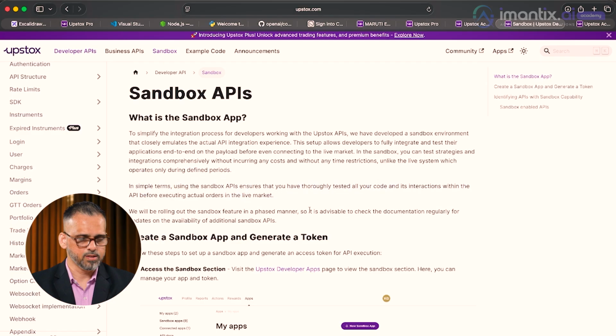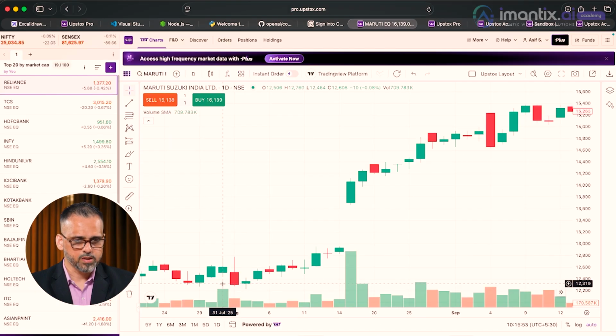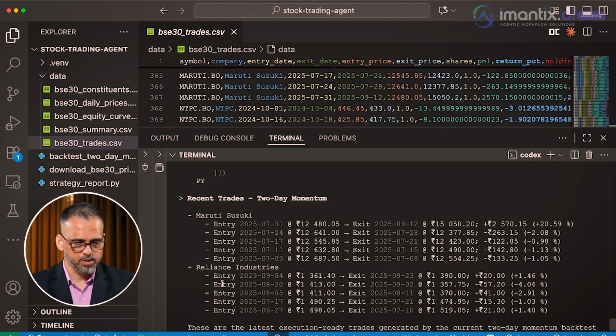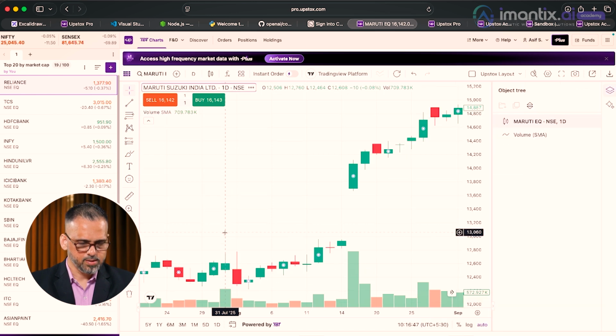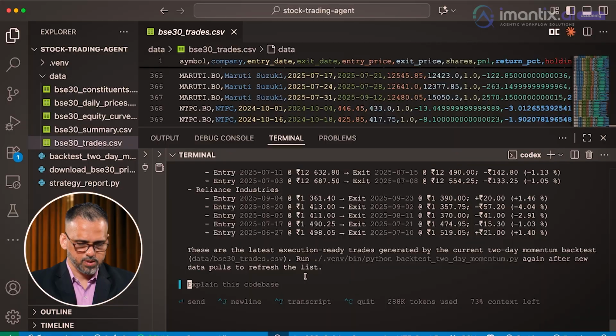Let's verify this. It says open 12506, close 12608. It is saying it'll enter at 12480. Where did you get this number from? Okay, so I'll just take a snap of this. I think there is some gap. Maruti Suzuki